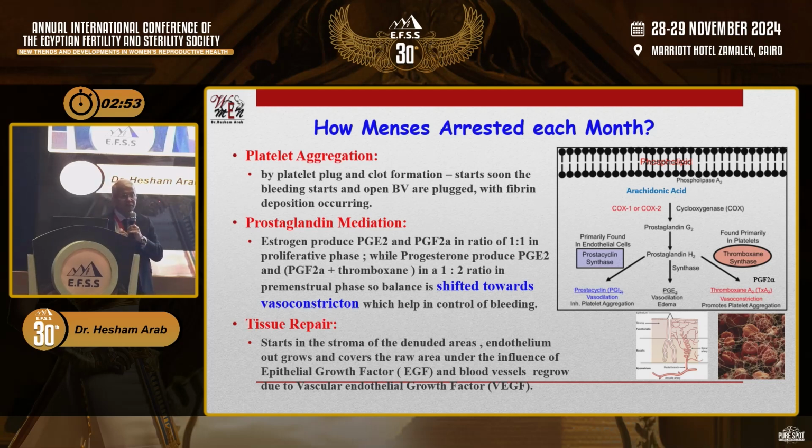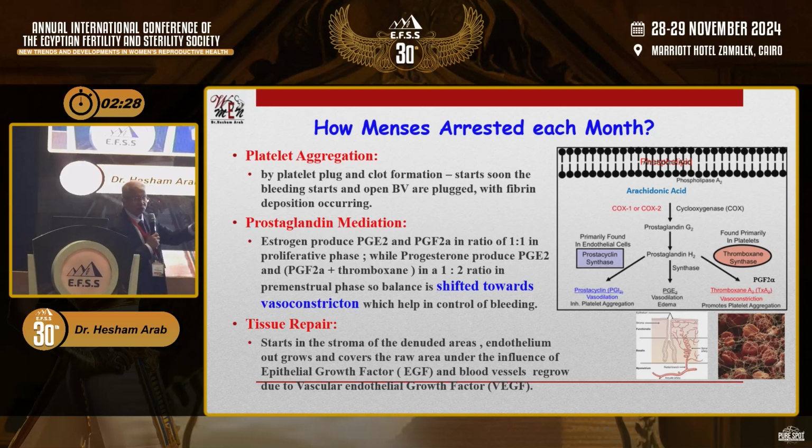But these three mechanisms are really what stop the bleeding. First of all, when she starts to bleed, platelet aggregation comes in to control these sites of bleeding. Prostaglandin actually mediates, according to this arachidonic